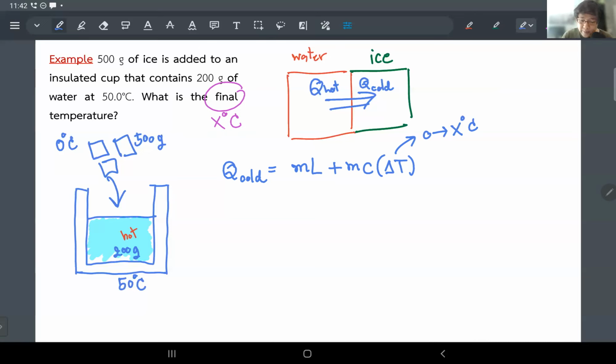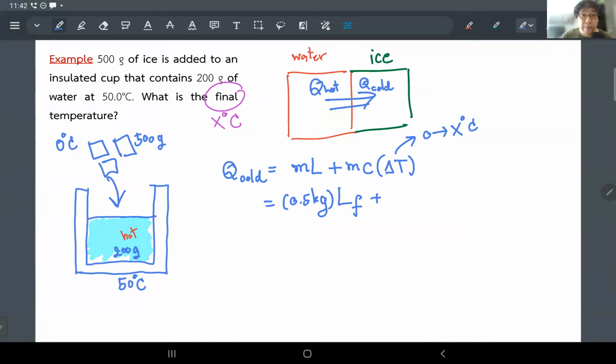Now let me substitute the numbers. m is 500 grams; I can turn it into kilograms by dividing by 1,000, so 0.5 kilogram. I can always look up in the table the latent heat of fusion and plug it in there. Next, of course,